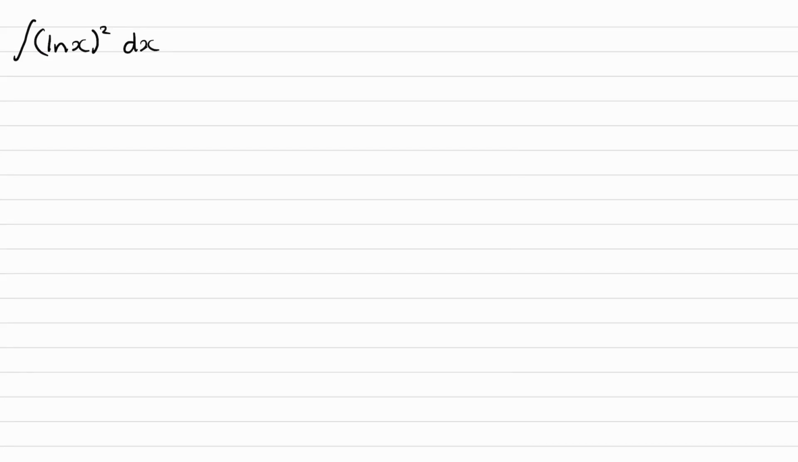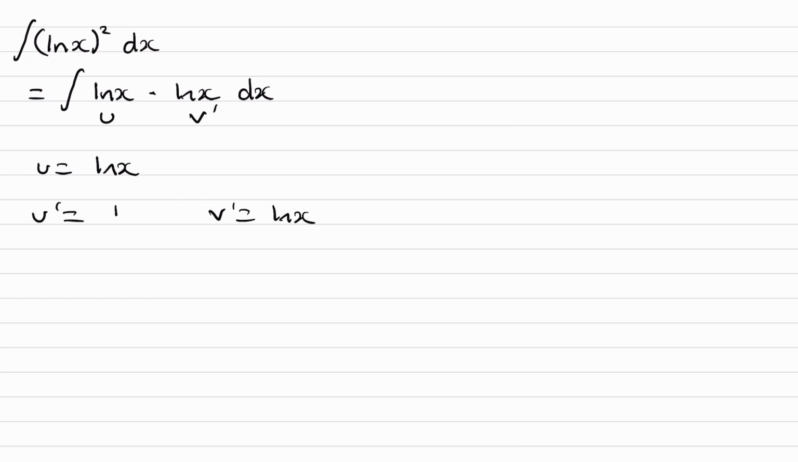To integrate ln x squared, we can use integration by parts. We can first rewrite this as ln x multiplied by ln x. We can then set this to be u, this to be v dashed. They're the same, so it doesn't matter which one we set to be u. So if u is ln x and v dash is also ln x, u dash would just be 1 over